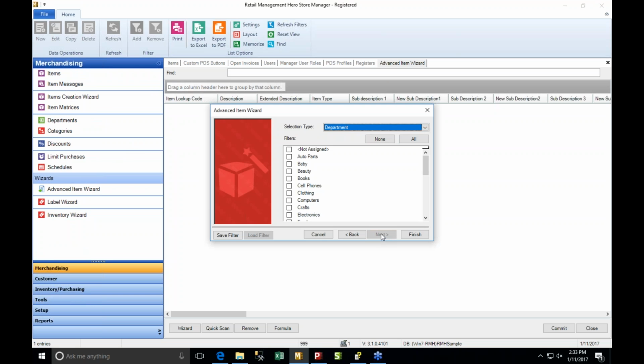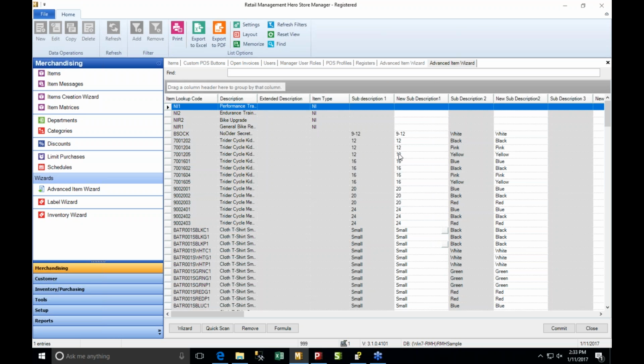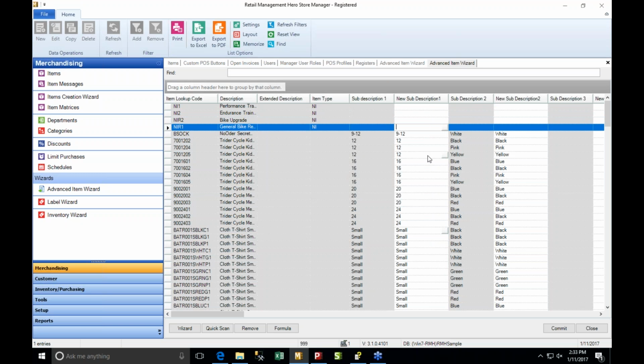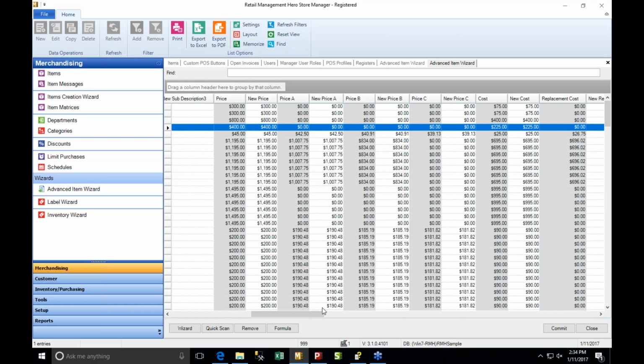So we've got an advanced item wizard where we can look at all of our items. Here are all of the items that we have in our database, and here are the areas via this wizard that we can just go in and change. It's kind of like an Excel interface right here on the main screen, where we can go in on any of these fields that we have access to and update en masse